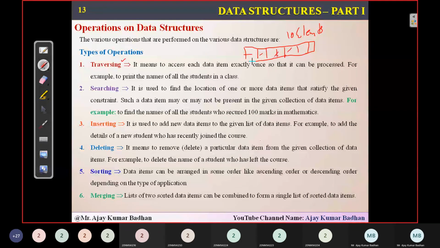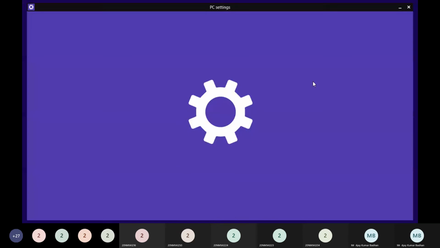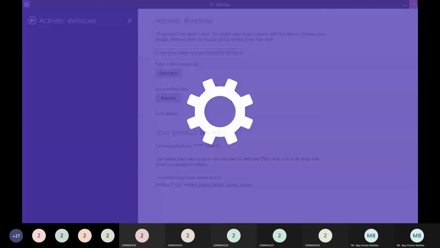If you are representing the same data using trees, you will visit all the nodes one by one. First, you will go to the root node. Then you might go to the left subtree first, so you will visit this particular node, then this node and this. After that, you will go to the right subtree, visiting this node, then this one, and then this one. That is what we call traversing. Traversing is nothing but exploring. So you are exploring each and every node that is present in this scenario, visiting all the nodes.